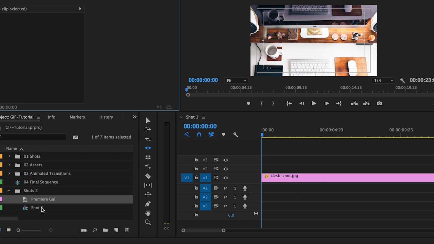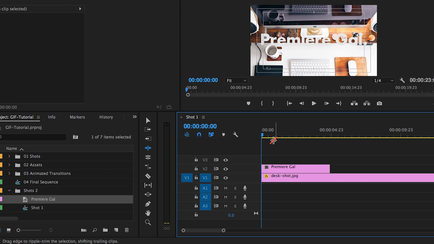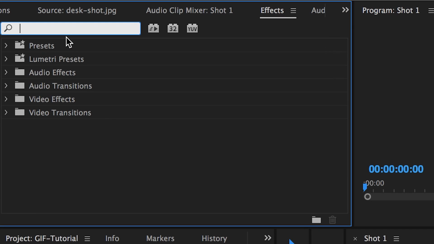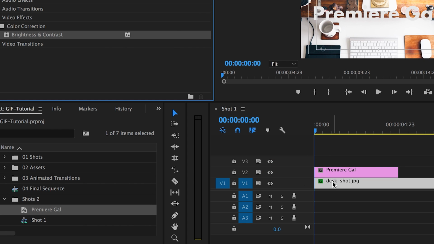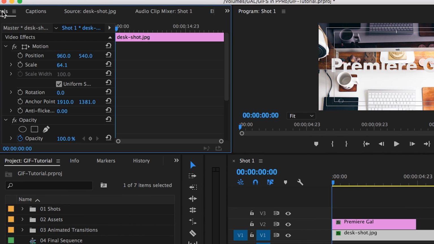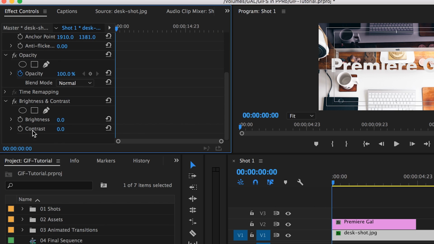Let's drag this title on top of the image. So you'll notice that it's actually quite hard to read the Premiere Gal. So what I did was I just lowered the brightness of the desk shot. If you go to your effects, you can search for brightness and contrast, drag it on the desk shot here, click on the desk shot, then go over here to Effects Controls and scroll down, and here's where you can adjust the brightness. So let's just make this -10, a little bit more,